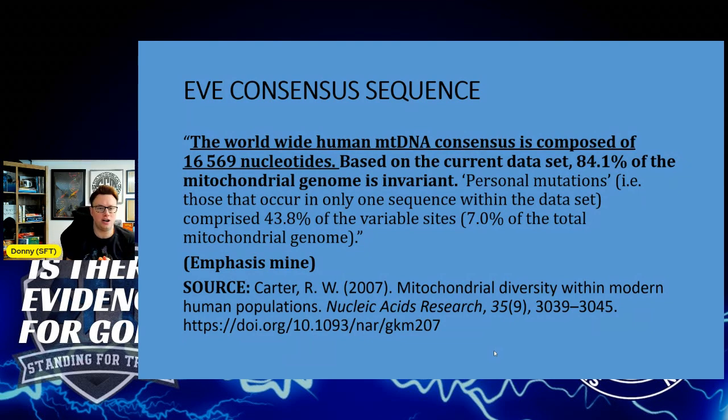Now, when we consider worldwide variability, we can see where everybody in the world has, let's say, an A, but then one person in the world has a T. Well, what letter did Eve have? Well, obviously, Eve would have therefore had an A. And so by applying this very simple logic, we can, and Dr. Rob Carter has done so here, derive an Eve sequence, a consensus Eve sequence.